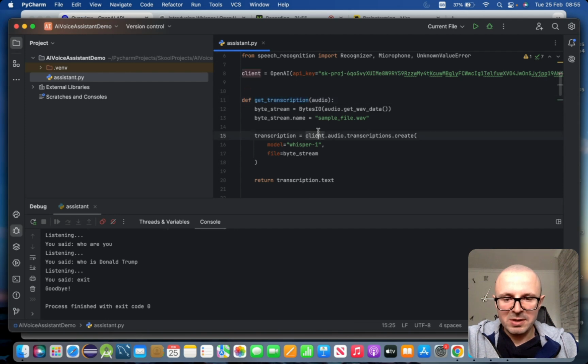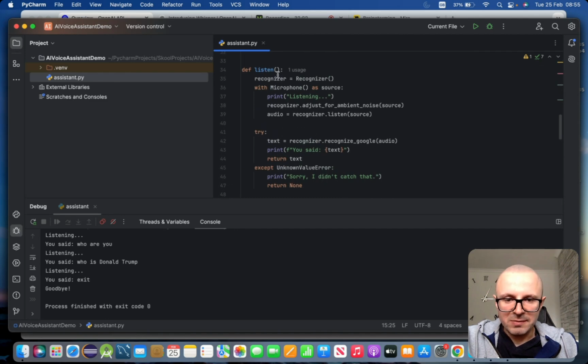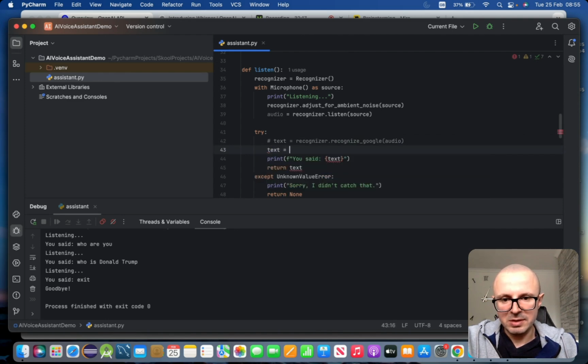If we copy the function and go to the listen function, you can see here on line 42 we're using the recognizer to transcribe our audio file into text. What we can do in this case is comment out this function, and then say text equals get transcription, and then we pass the audio file. By doing this, we're no longer going to use Google's API,